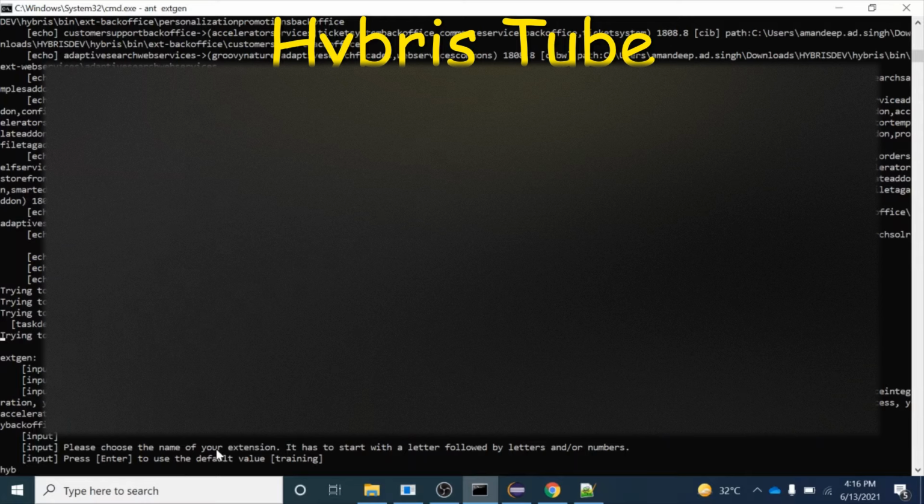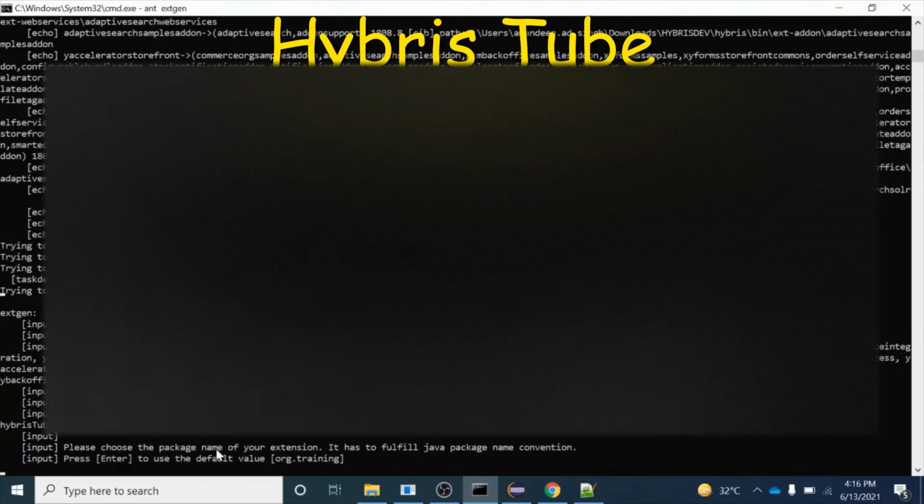So I will give the name as hybristube advanced back office customization. You can give the name of your extension as per your requirement or your wish, but for now I have chosen this.